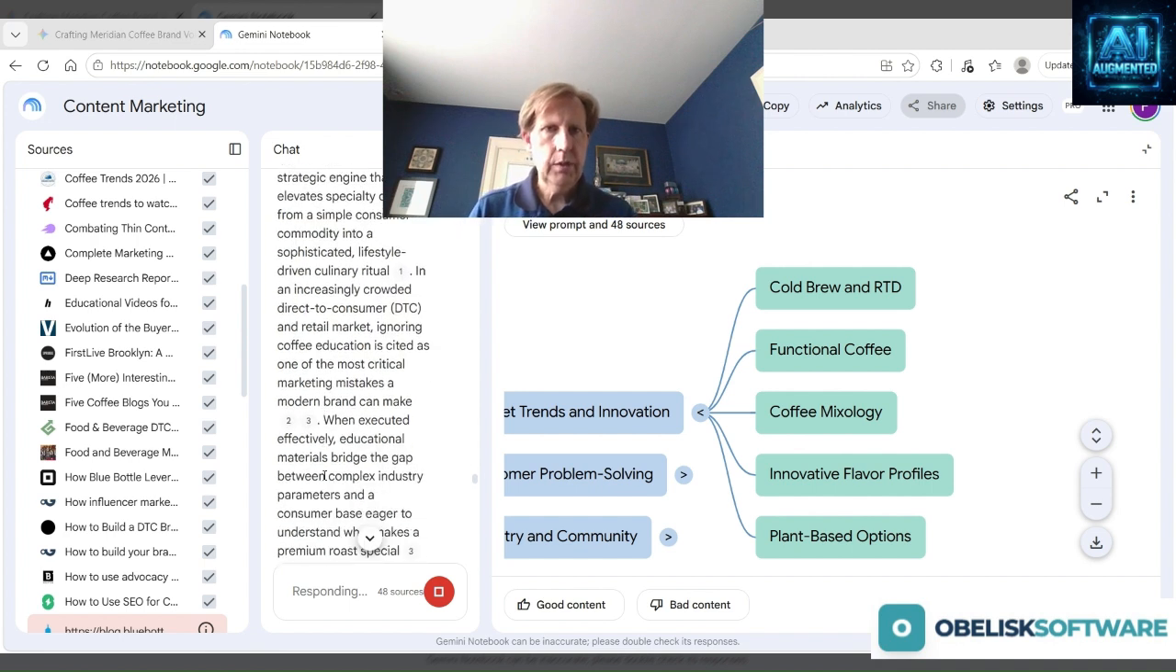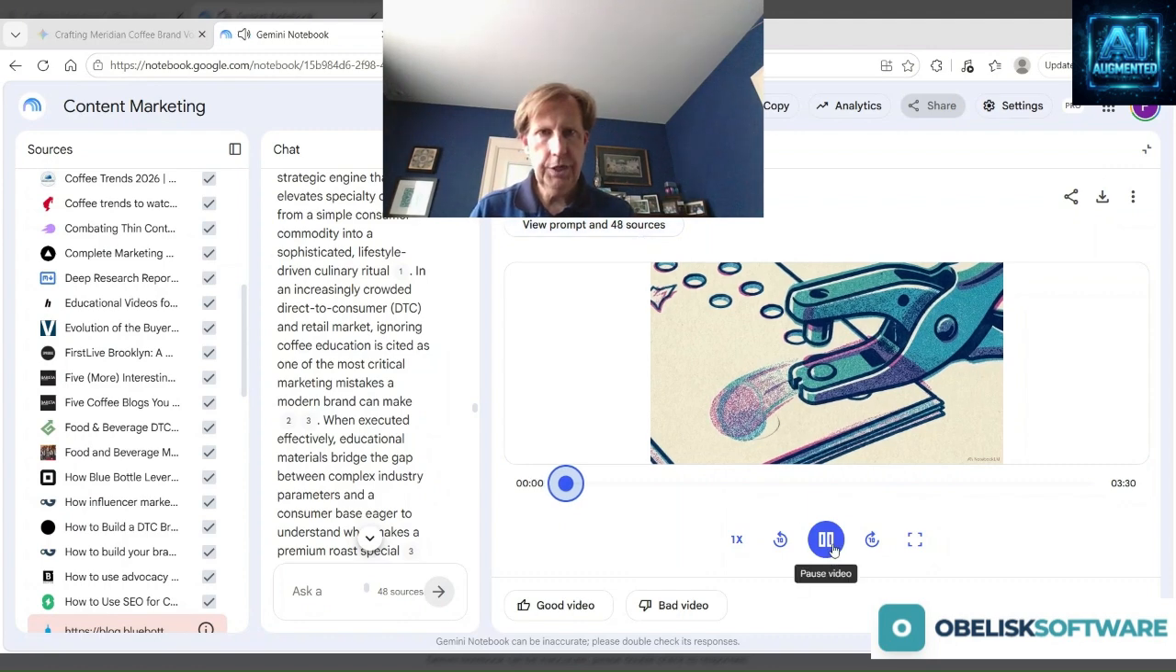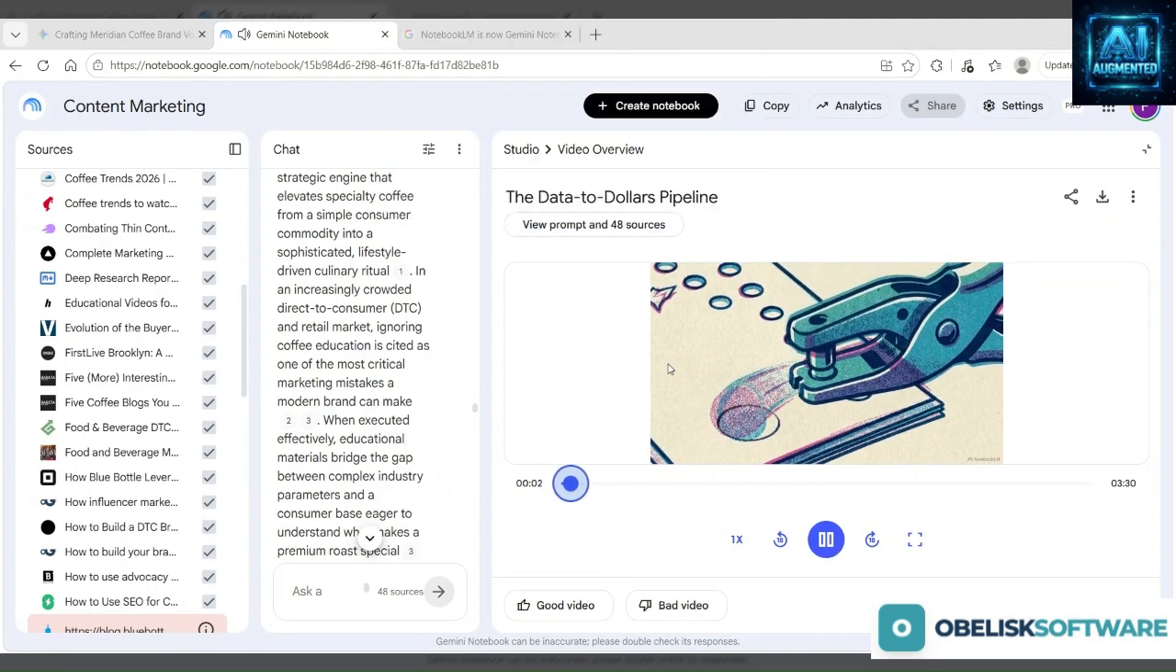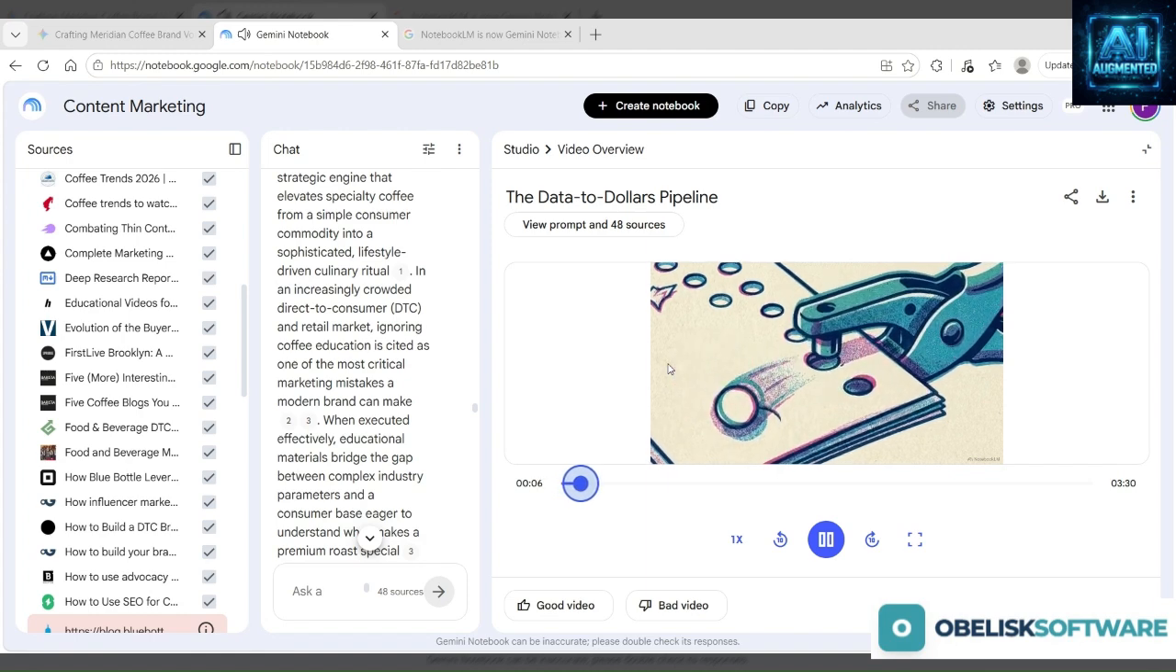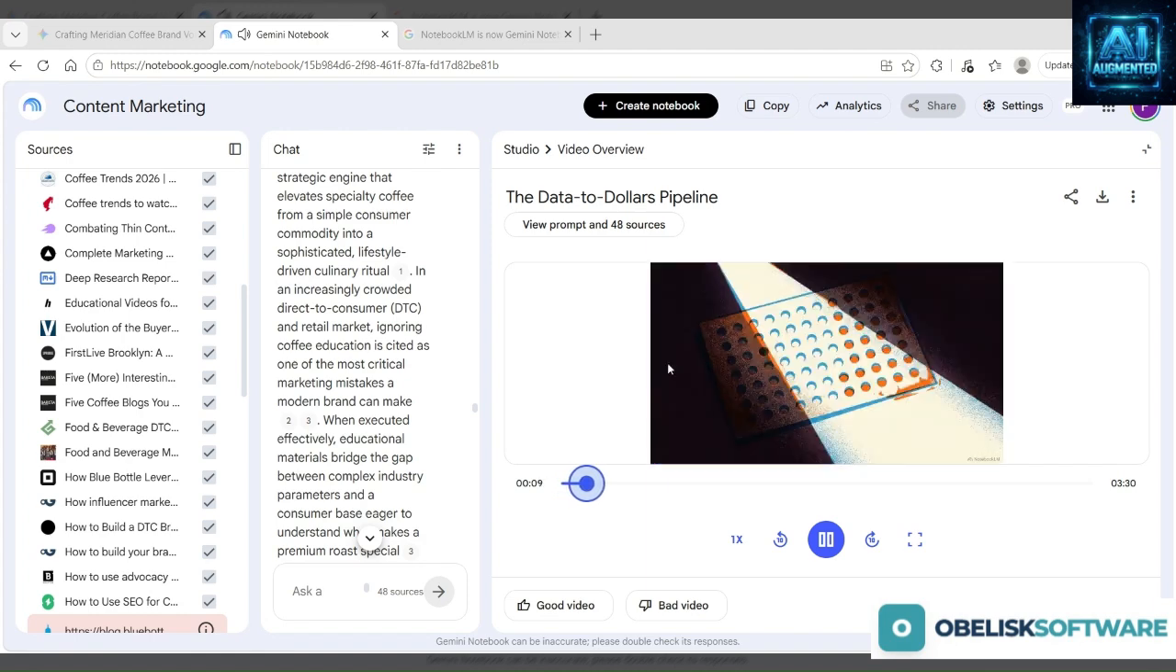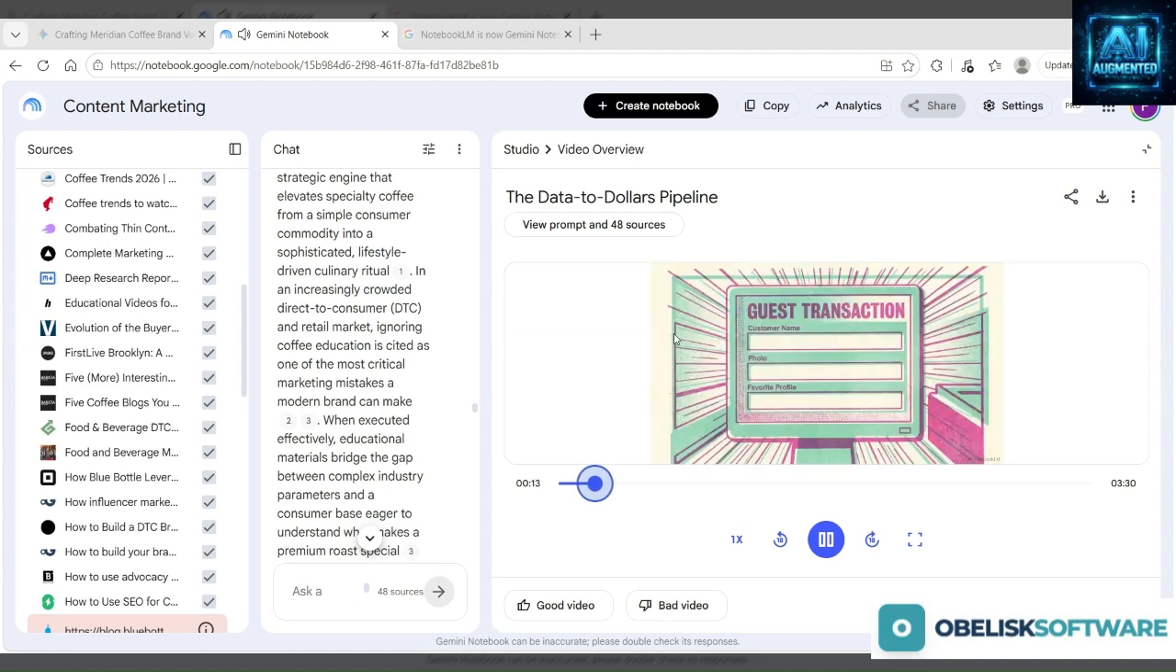Next up, I'm going to show you the video, just a short version of the video here. The traditional paper punch card is a relic of tactile commerce. Buy 10 coffees and you get the 11th free. While it tracks a transaction, it creates a total data blind spot for the business. The owner has no way to know who you are,